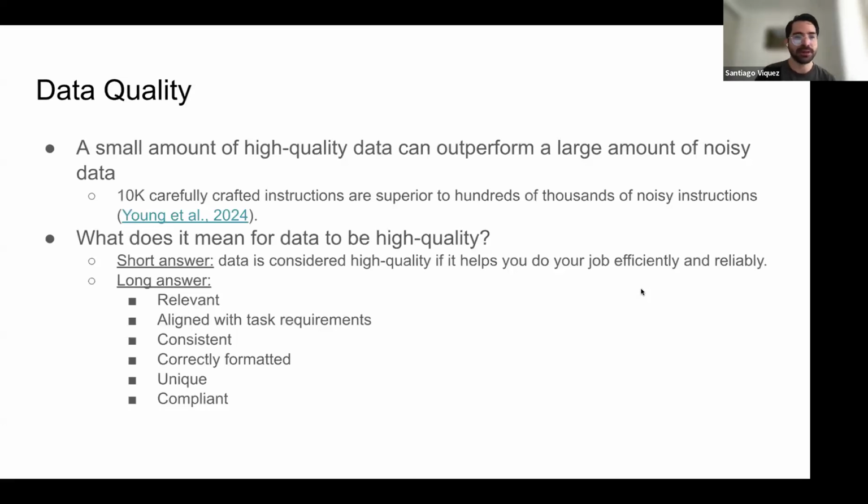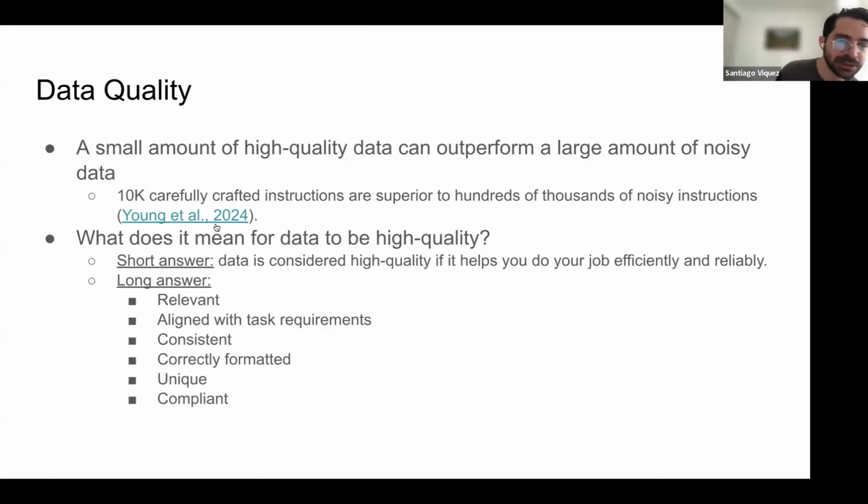Okay, so let's break down each of these. Let's start with data quality. Something that is good and bad is that a small amount of high quality data can outperform a large amount of noisy data.